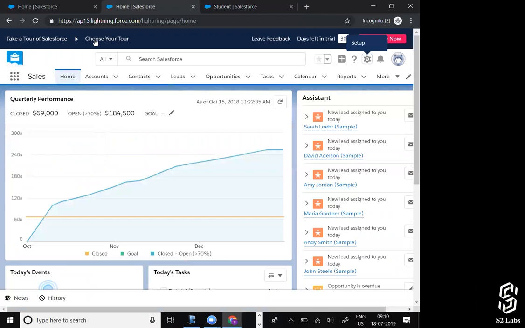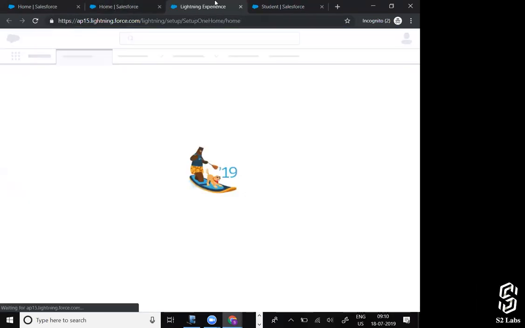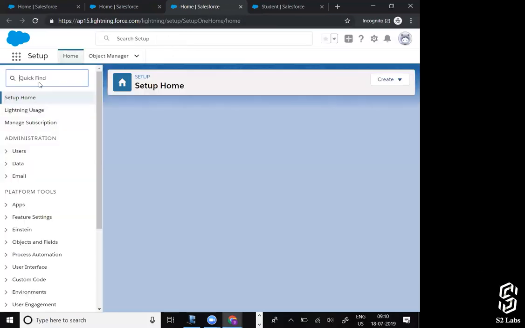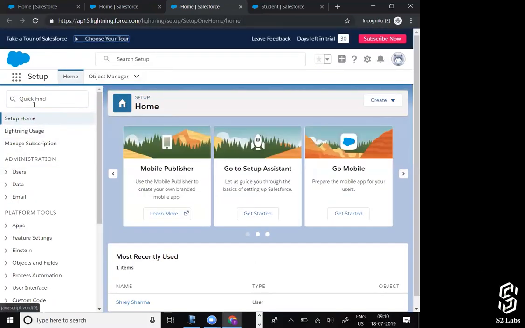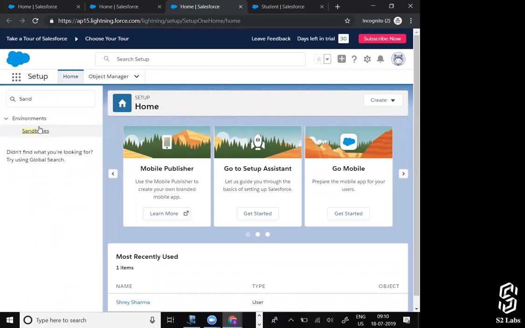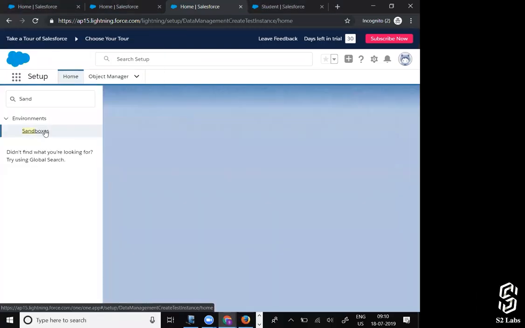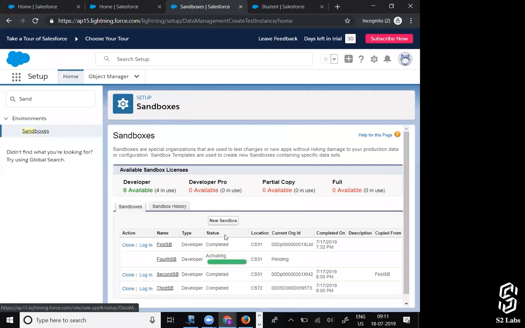Now let's go and try to log in to the fourth sandbox. Sandboxes. Activating. Let's see how much time it will take to activate.